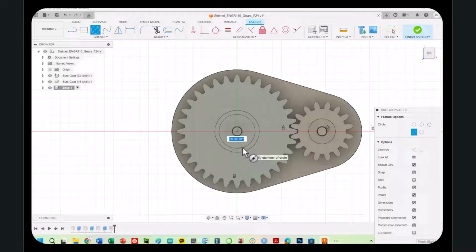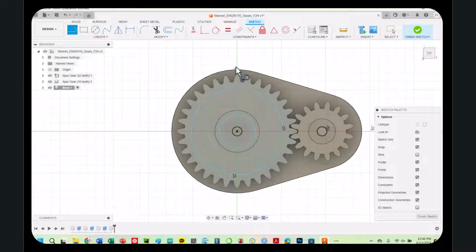So I'm going to do an inner circle here, and then I'm also going to do an outer circle that goes pretty far to the outer edges here. I'm also going to create one center line that I'm going to use basically as a mirror line, so it's not a huge component here. But now I'm going to take the,